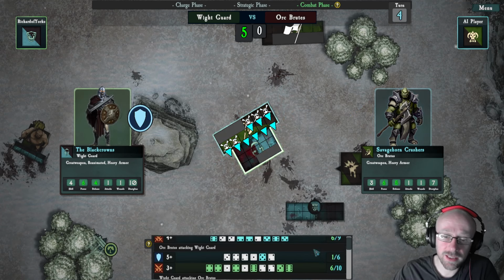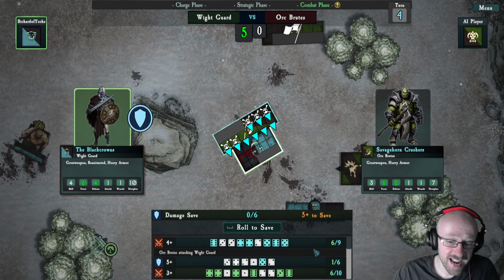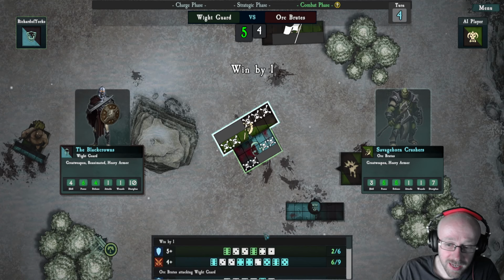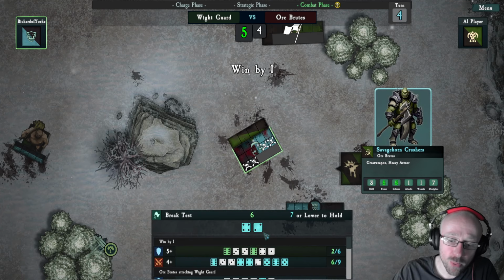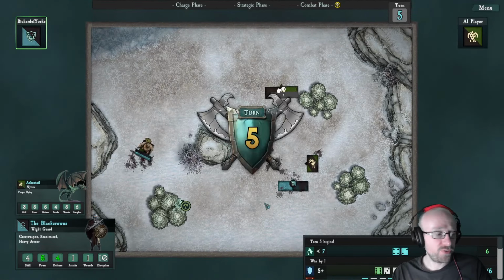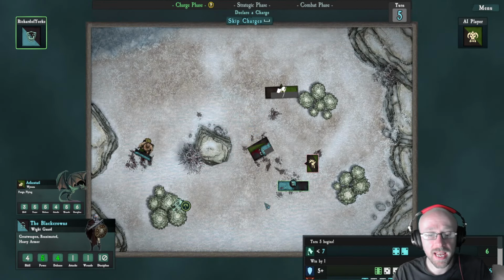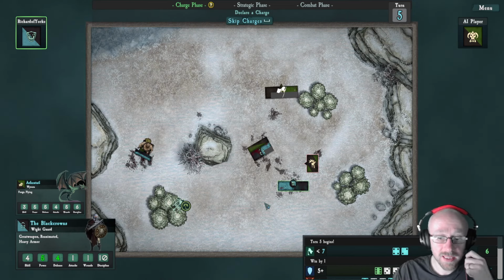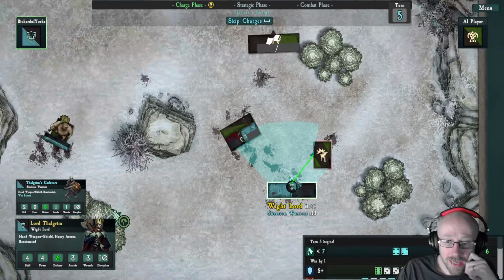Oh my god, though. Wraiths are nasty. And also they're on smaller bases, so we get more per thing. So we win by 1. The difference in the Warhammer tabletop is there is a hit and there's a wound. In here there's just a hit and then you save on that. Okay, so we're going to change...